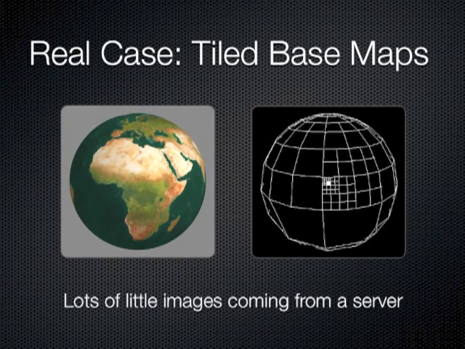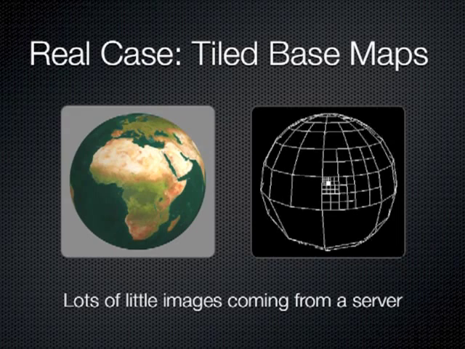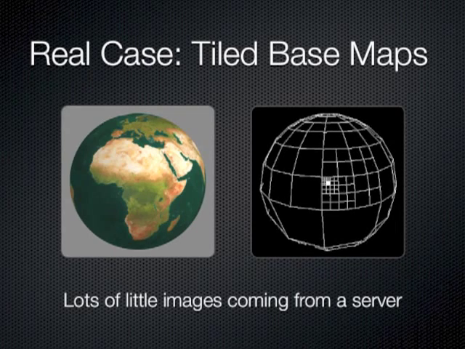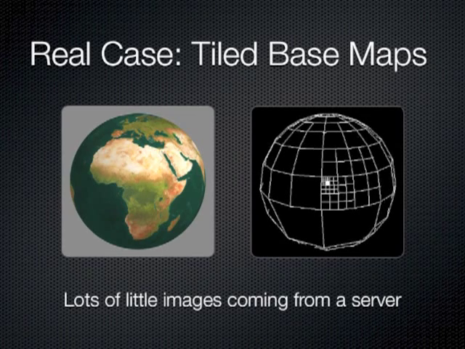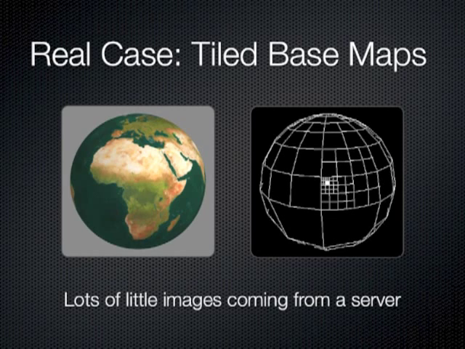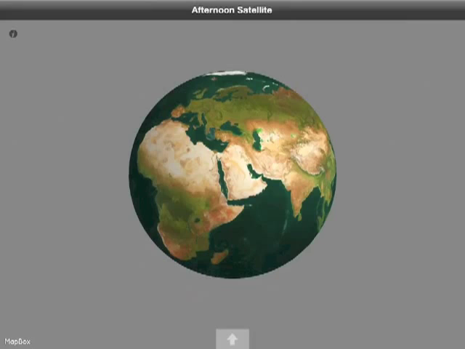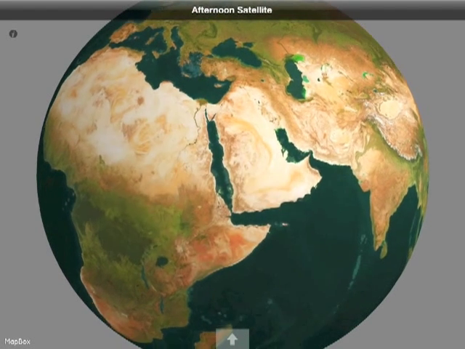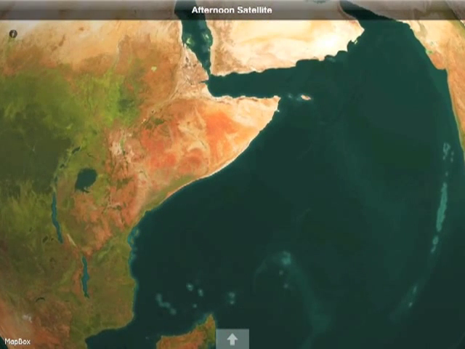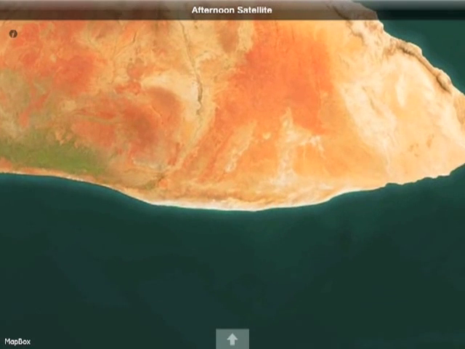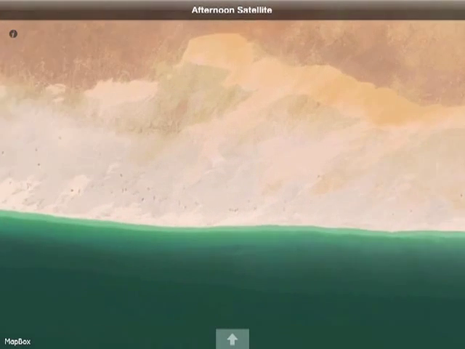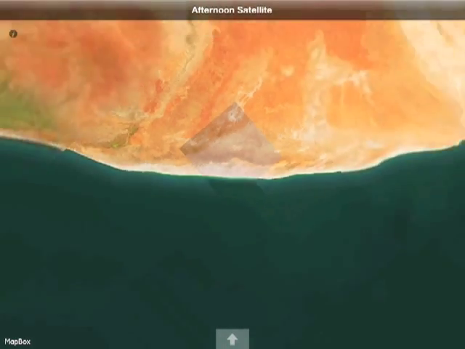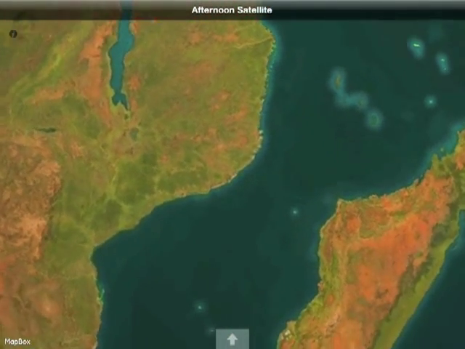So what you do typically is you ask for a certain subset of these images from the server and you put them together like we see on the right, and that makes a picture. And it could be a flat grid, or it could be a globe, but obviously globes are cooler, so let's just take a look at that example. Now here's an example where you would do a lot of geometry creation and destruction. This is an app called Mapbox Earth, and basically what it's doing is it's fetching small chunks of satellite data from the Mapbox servers, and it's creating the geometry to display them and then sticking them on top of the globe and drawing them. So as we zoom in, it'll fetch more data,